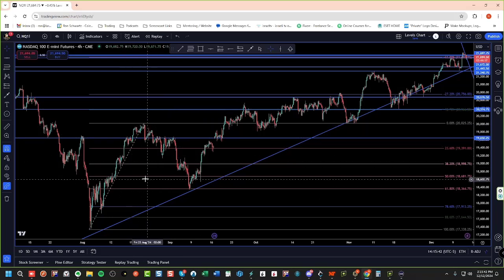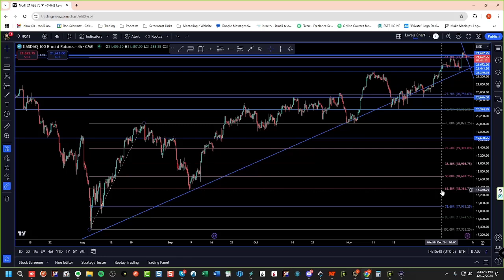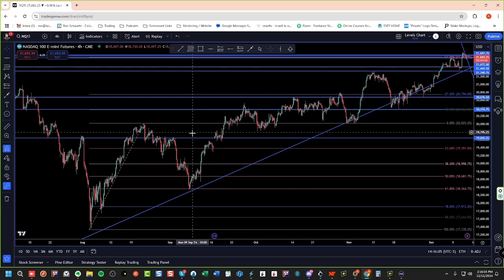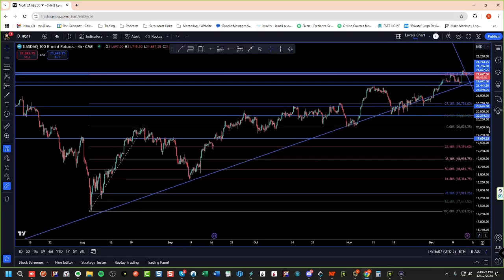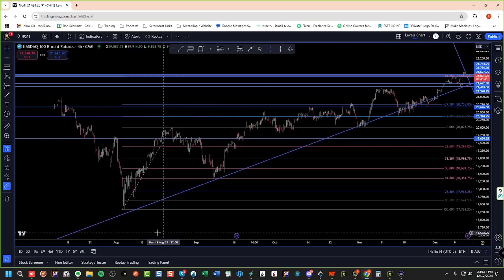I drew this Fibonacci, right? You see that? And this is on the 4 hour. Where does the 618 retrace to? I mean, price retraced all the way to it, and where did it meet? It met at the 61% retracement and the diagonal line. Exactly. And then it took off, right? Yep. So based on this, if we were to draw this Fibonacci back in August,